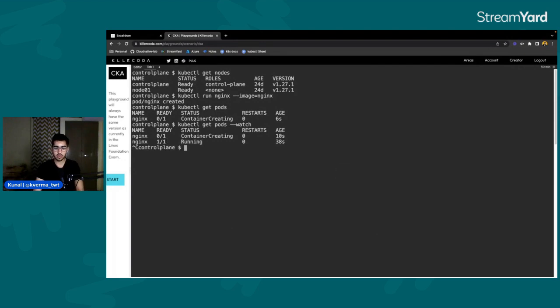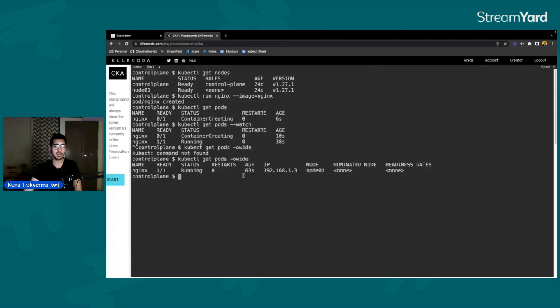If we do kubectl get pods -o wide, it will display additional information as well. As you can see, the pod is running, and the node by default is node 1, the worker node.